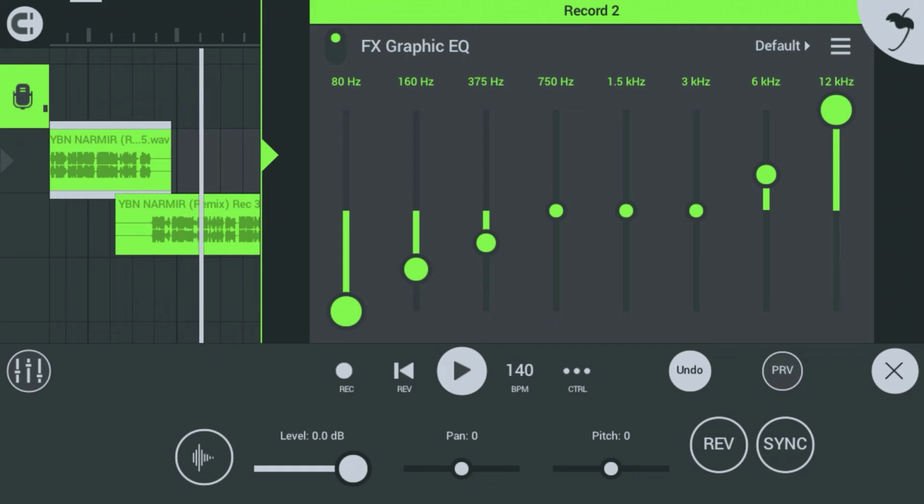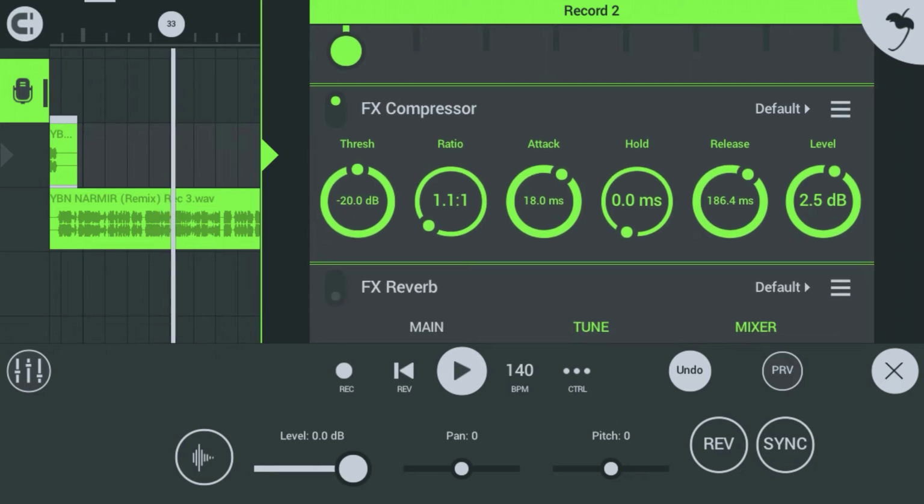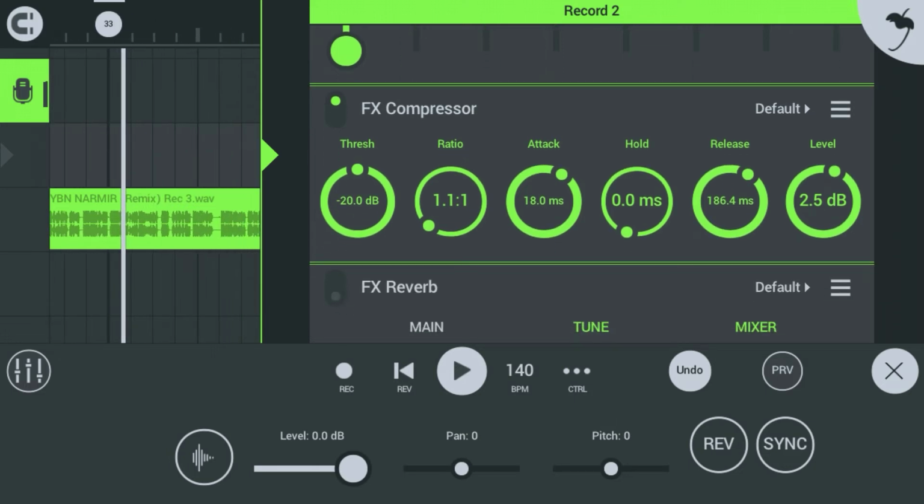This is gonna give you that nice crisp, baby-type sound in rap. You know what I'm talking about. Next up, we're gonna have the FX compressor, my fault. And you're gonna put that at negative 20.0 dB, which keeps your voice very